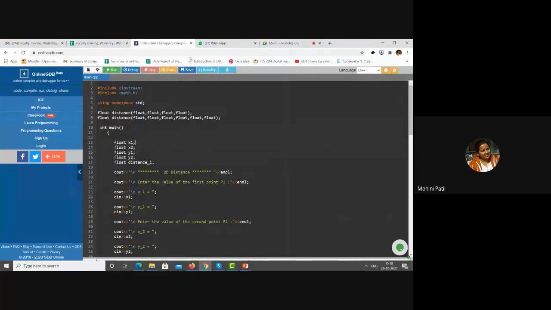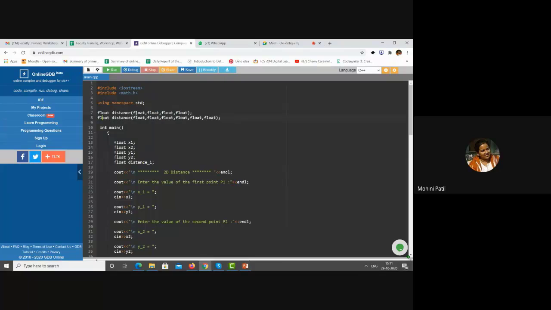So in this particular example, we are not going to make use of a class. We can also directly make use of the function overloading concept without using a class. So first we will discuss this. I have taken two functions over here. The name of the function is the same, that is distance. Both the functions are going to return the distance between the 2 points, hence the return type